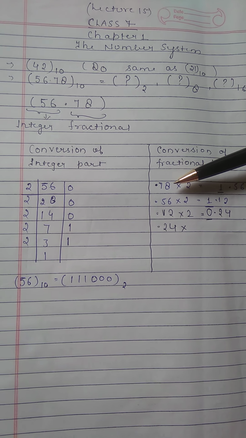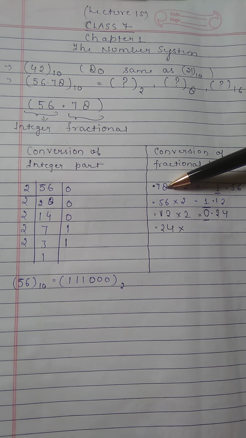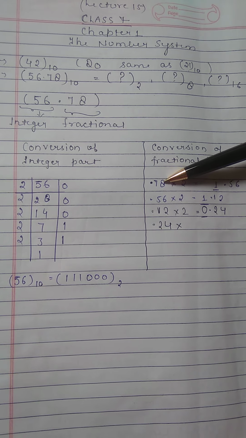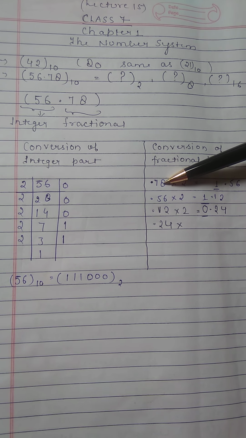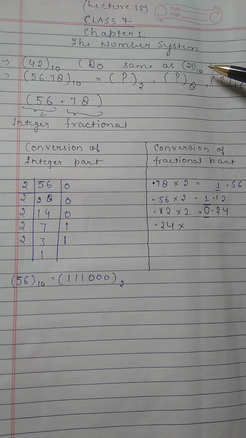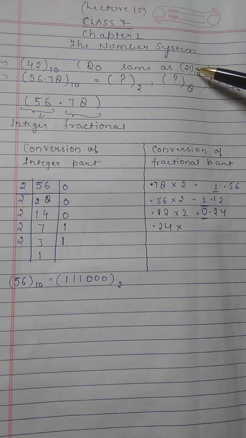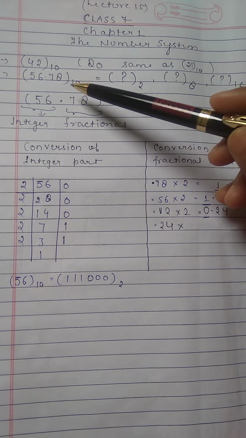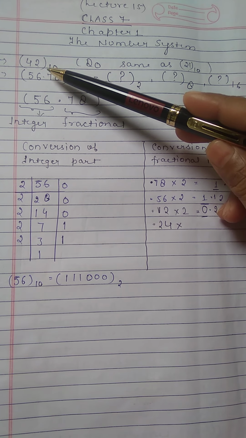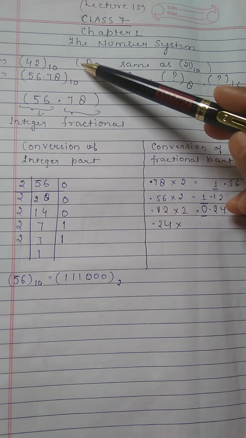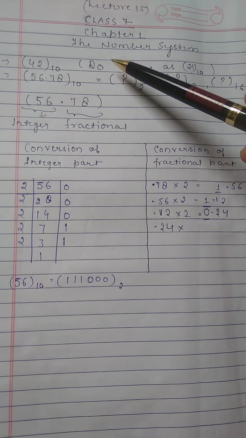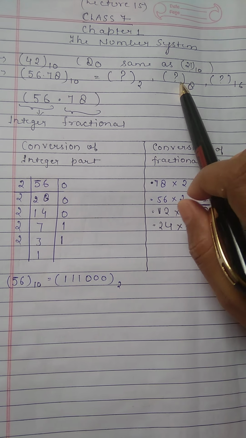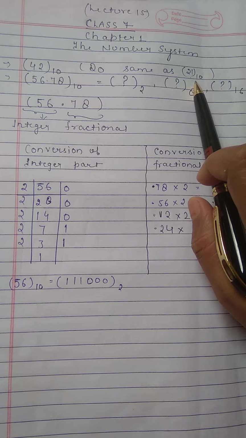In the previous lecture, we were doing some activities in which we had to convert decimal numbers into binary numbers. The first number was 21 and we had to convert it into a binary number. Now the second question is 42, which is a decimal number, and you have to convert it into a binary number. In the same way you will do as we have done with the 21.